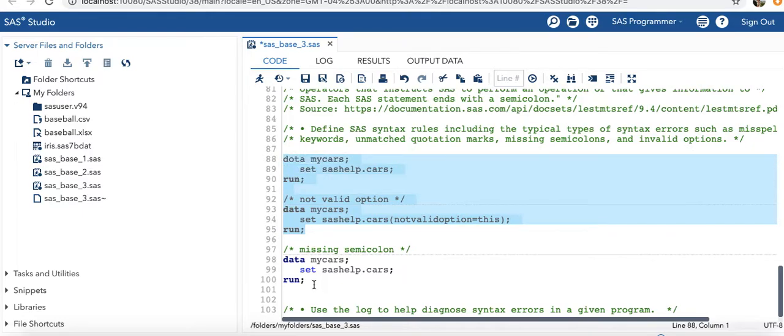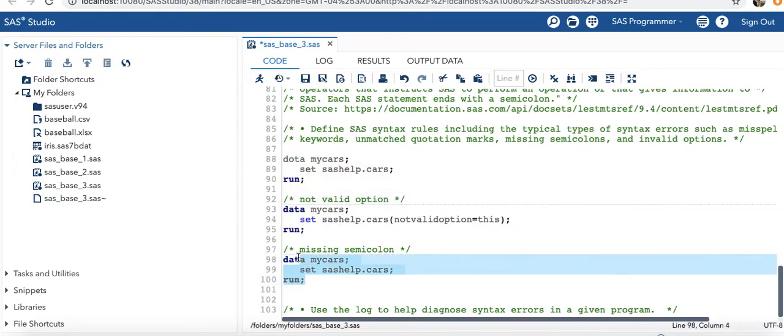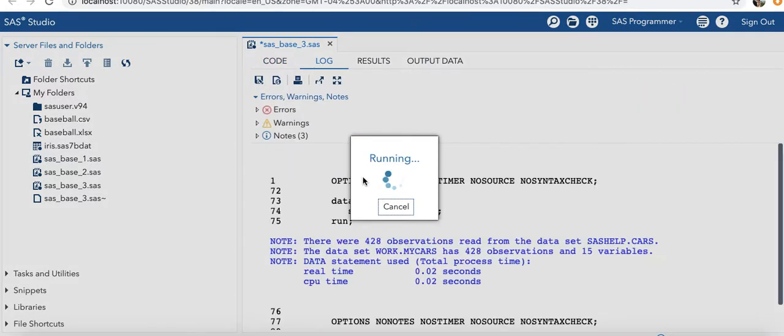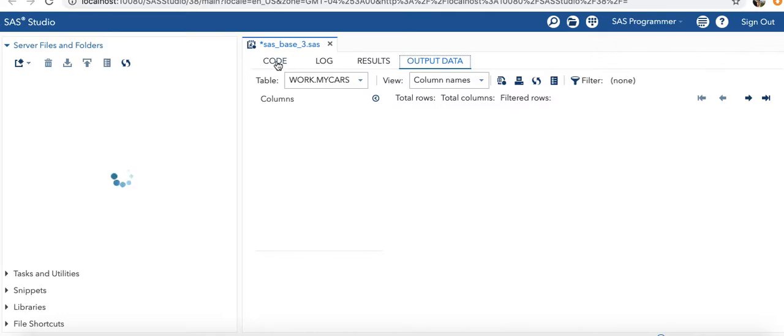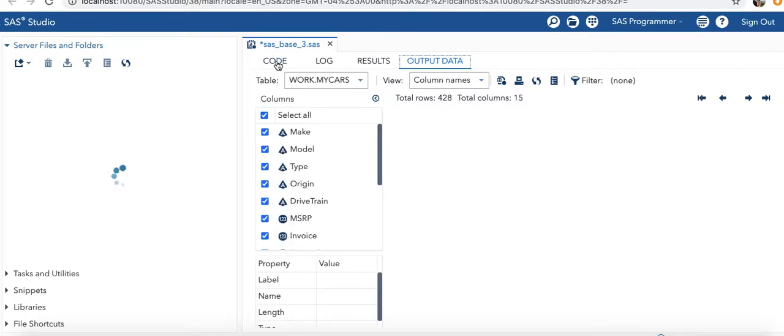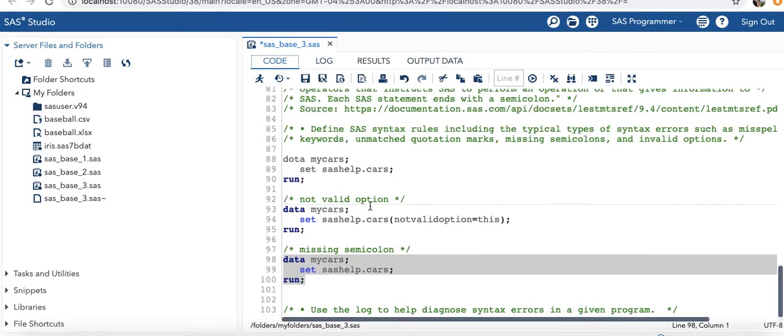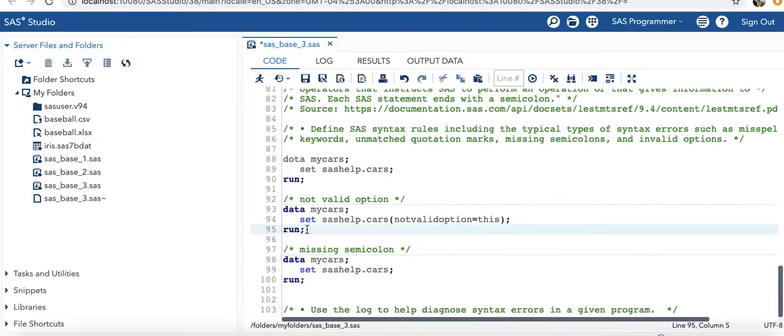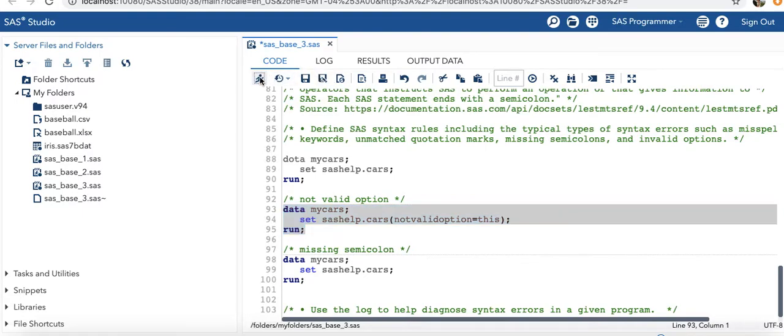Of course, say you ran a good data step, nothing will jump out in the log in terms of notes or errors, but if you're running something where there is a problem,